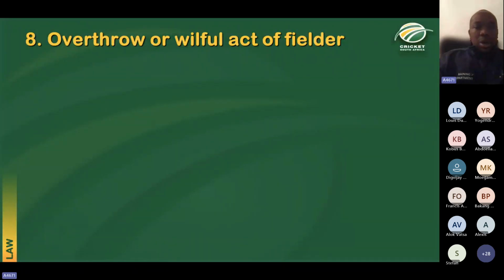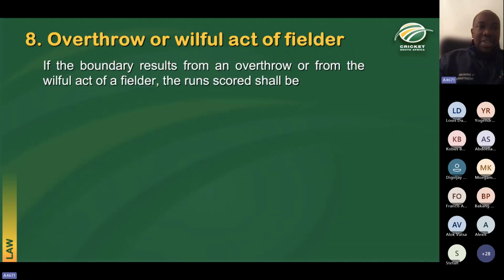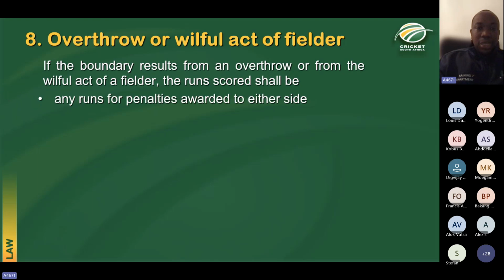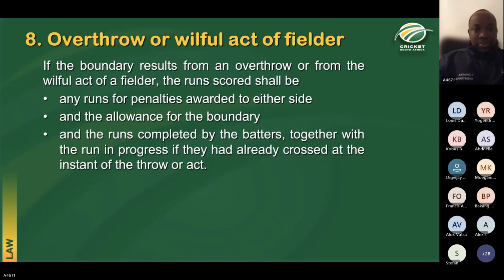Let's talk about overthrows. The law tells us that if the boundary results from an overthrow or from the willful act of a fielder, the runs shall be any runs for penalties awarded to either side. Those will always count, plus the allowance for the boundary,